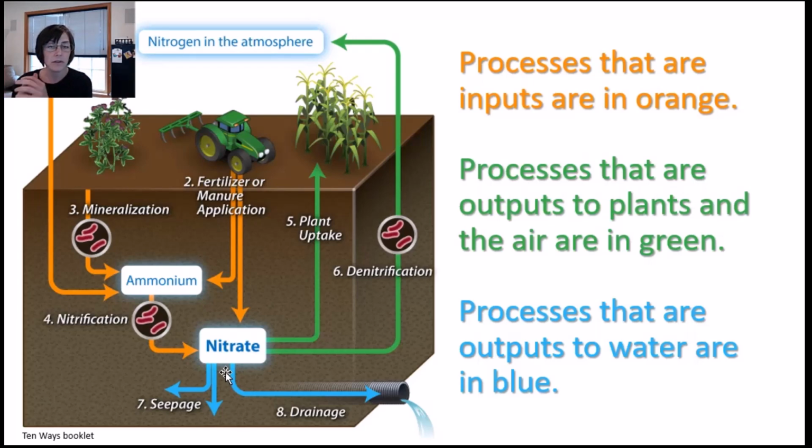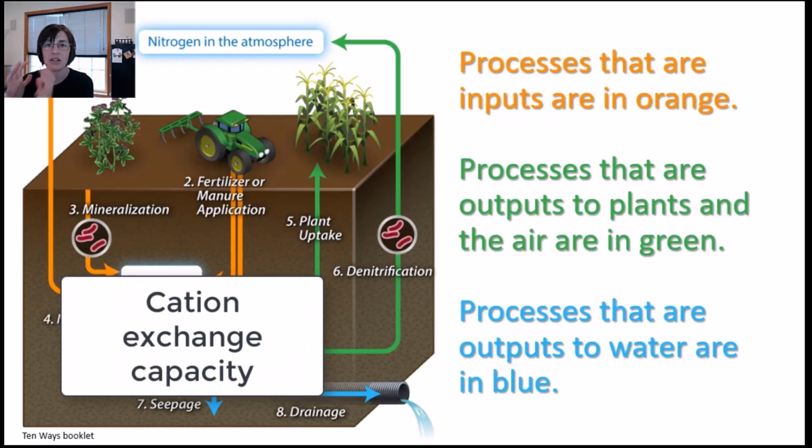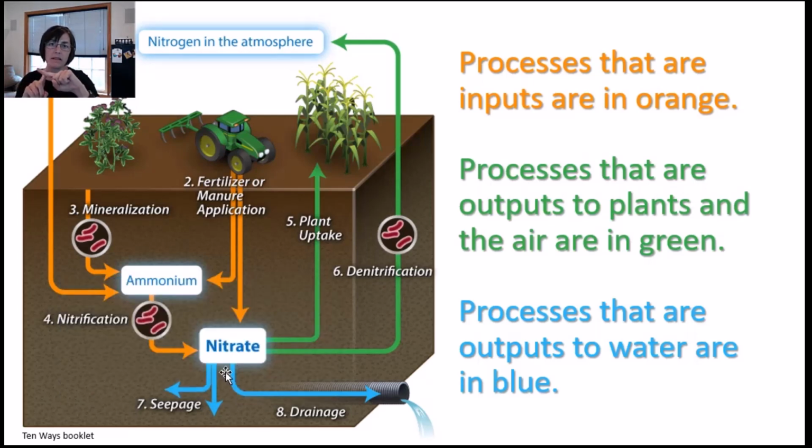If you've had a soil science class, you'll know that the soil's cation exchange capacity, CEC, refers to the soil's ability to hold on to cations. Cations are those positively charged ions in the soil. Is nitrate a cation or an anion? Nitrate is an anion. It has a negative sign, NO3 minus. And so because the soil has a cation exchange capacity, and as we convert forms of nitrogen through these processes into nitrate, which is an anion, it's just simply not held by the soil like a cation would be.